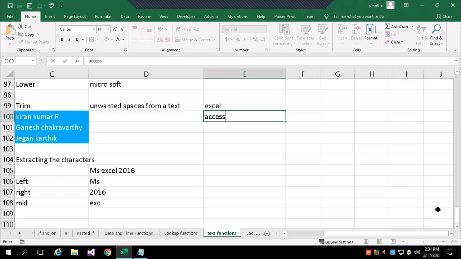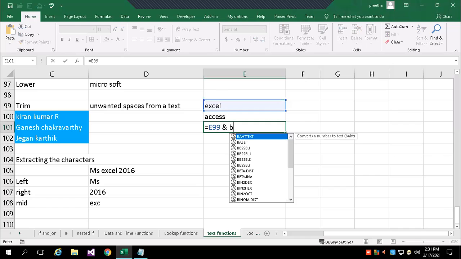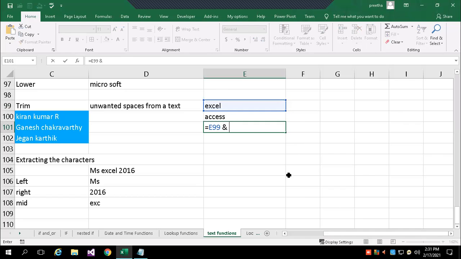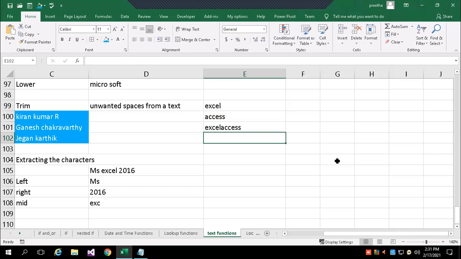For some reason I want to combine them. What am I going to do? Equal, first cell, ampersand, second cell, where my data is. Now you can see the answer. It's combining, joining two texts.